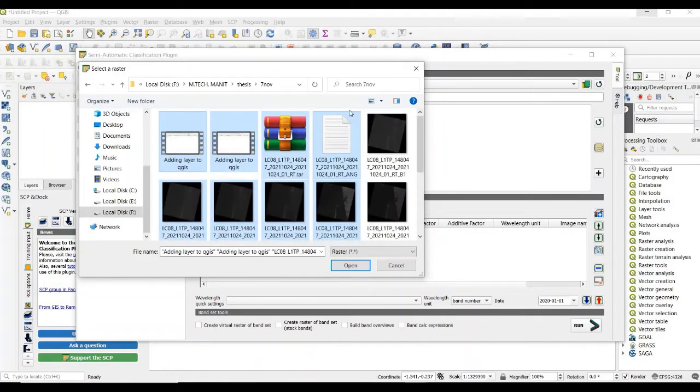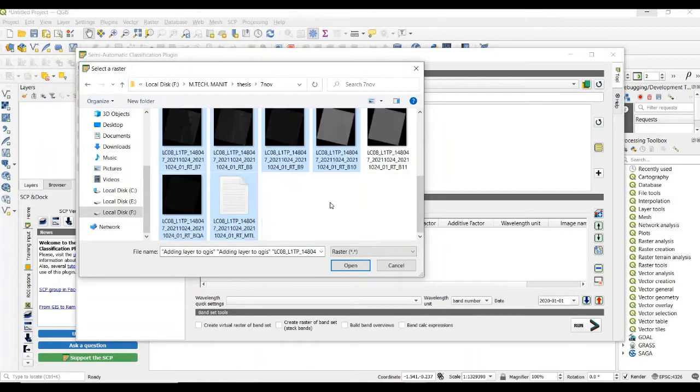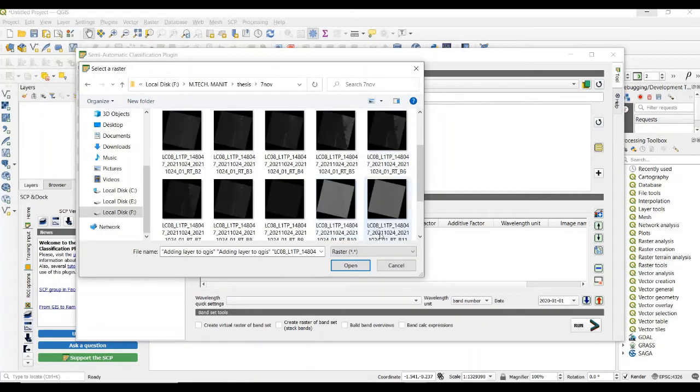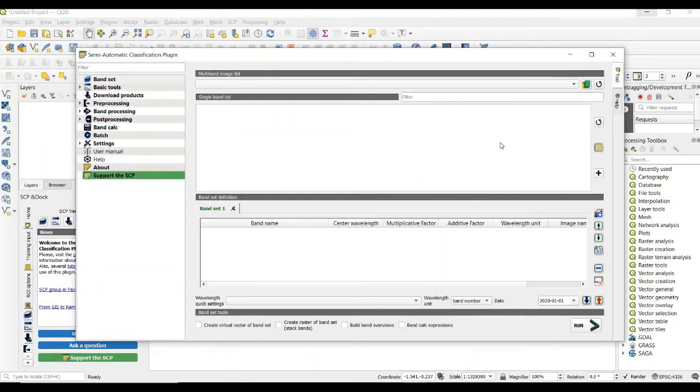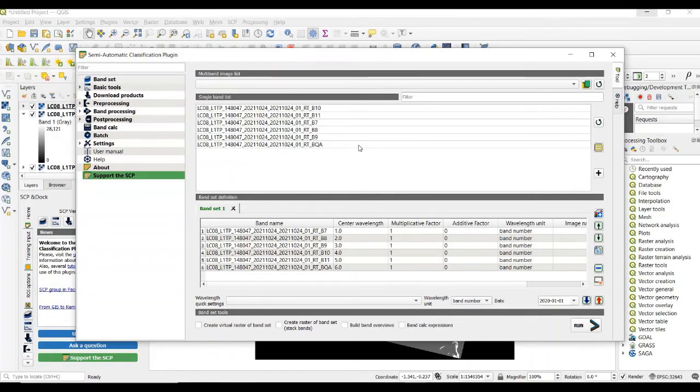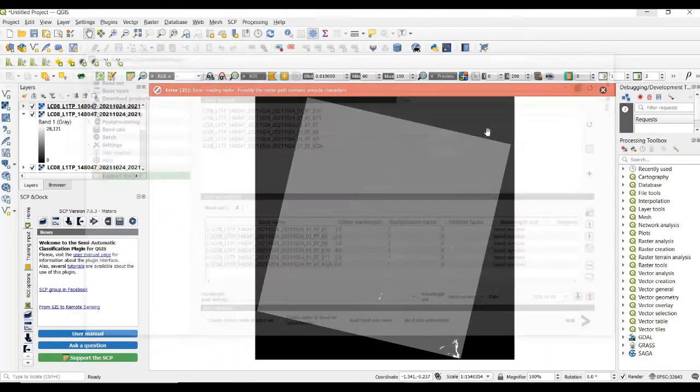You can select one by one also. So this is one option. After selecting, click open. So these bands will appear here, but we have another option also.